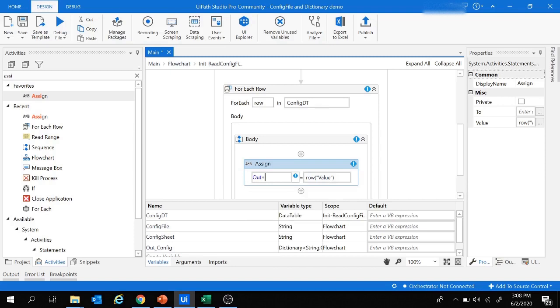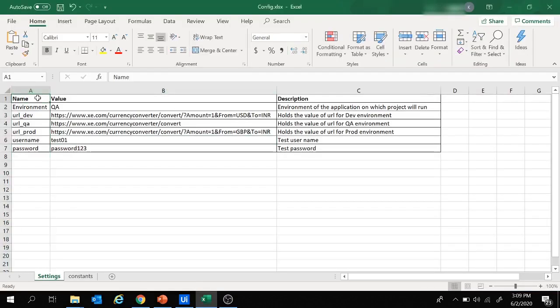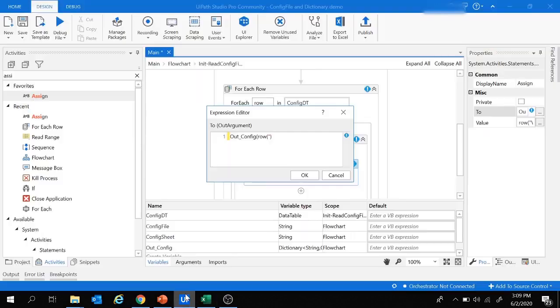So let's write outconfig, and under the brackets we need to provide the key. Let's expand this one, and here I'm going to write row, and my key is going to be under the name column. So let's provide the name as well here, and let's close the bracket.